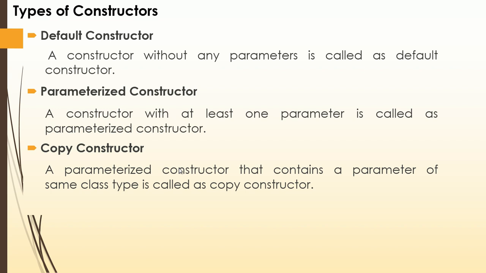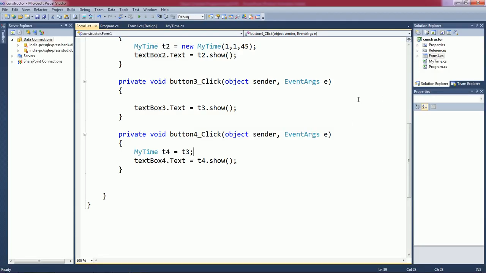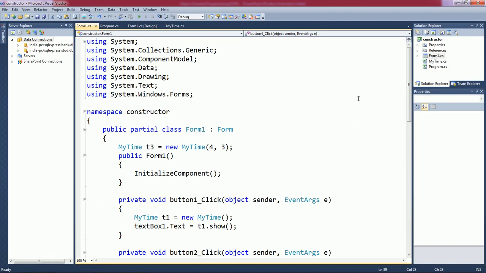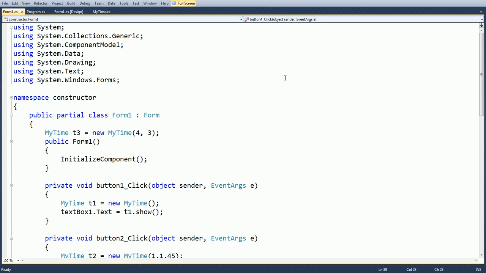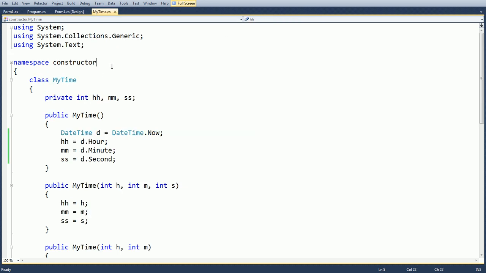Let us see the example. It is a simple example. First let us see the class. Here we use the class MyTime. It has attributes hours, minute, and second.